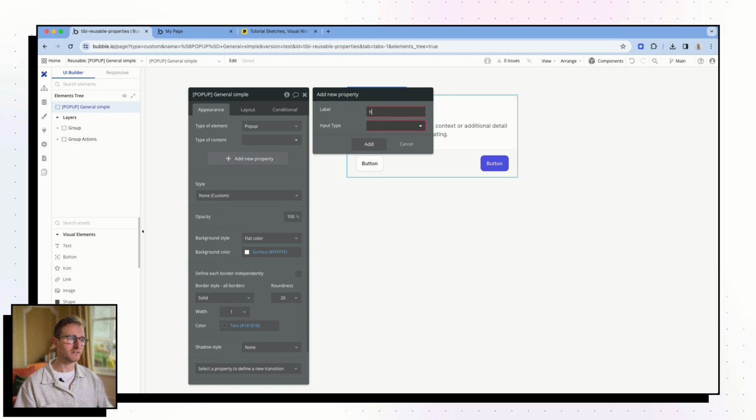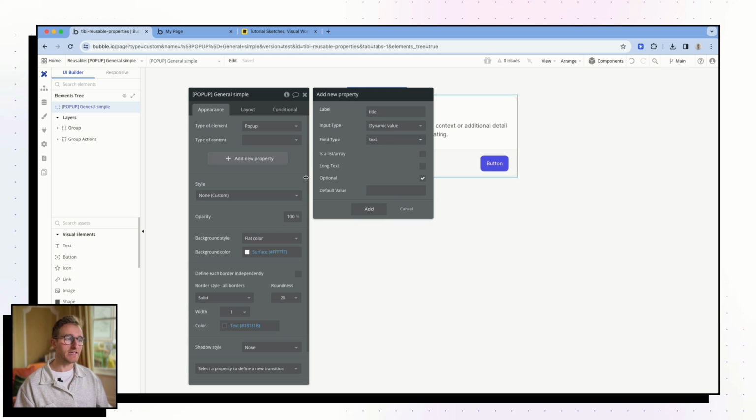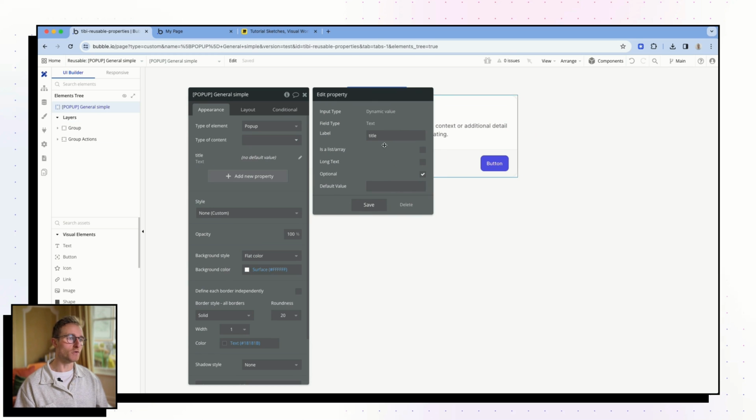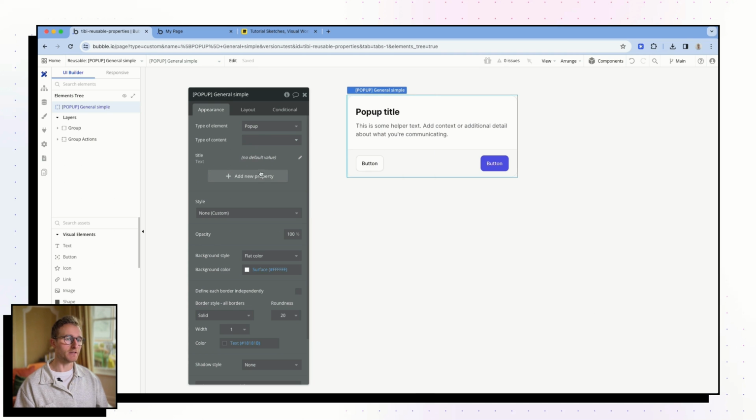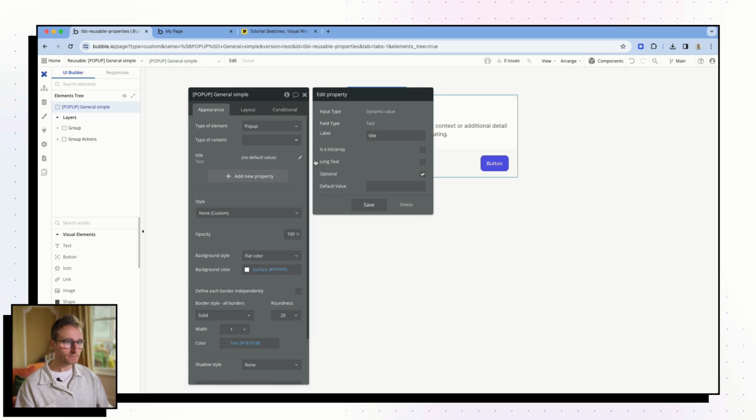Okay, so our first one, call it title, and we need to give it a type as well. So you can choose a few different things. Dynamic value is what you'll be using the majority of the time. And we just give it here a type of thing, right? And in our case, it's just of type text, right? That's all we're feeding into this pop-up is text. But note that you can feed, I'll skip over this for a second, but you notice that you can feed, other than text, all kinds of different data types, right? You can feed all the so-called primitives, text, numbers, that sort of thing, but also actual data types from your database, option sets, okay? So this is where things start to become powerful and which we'll start to leverage in a little bit. But for now, let's just finish setting this up.